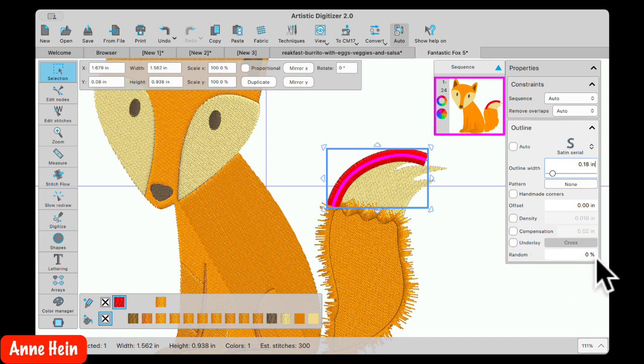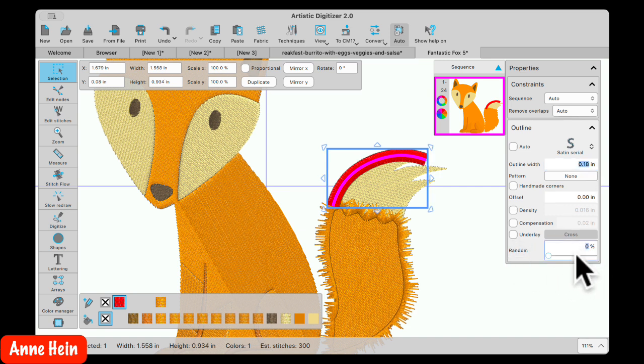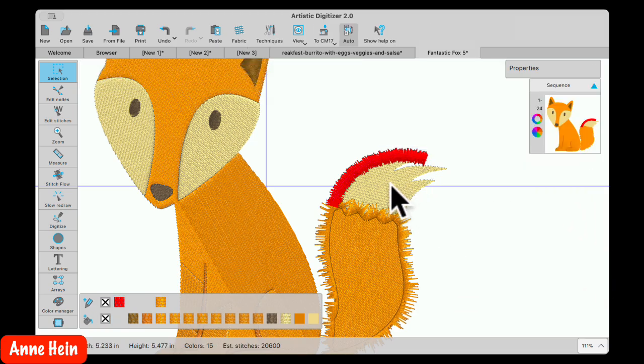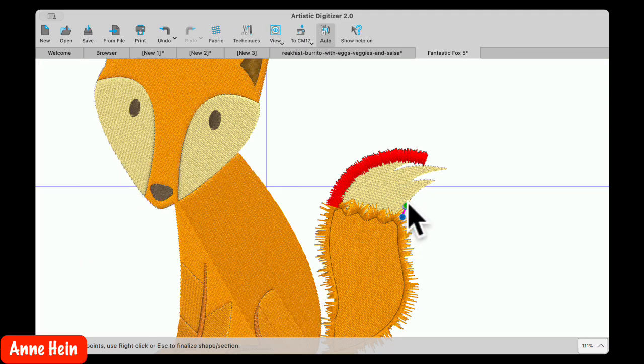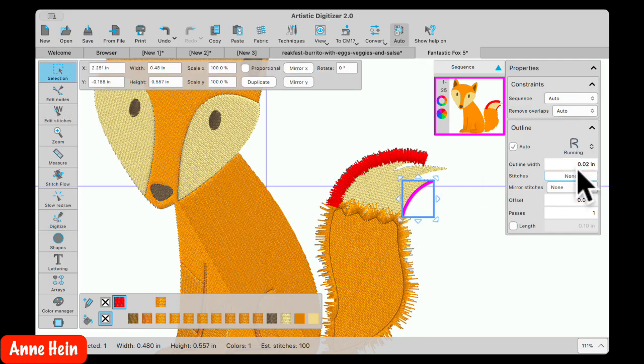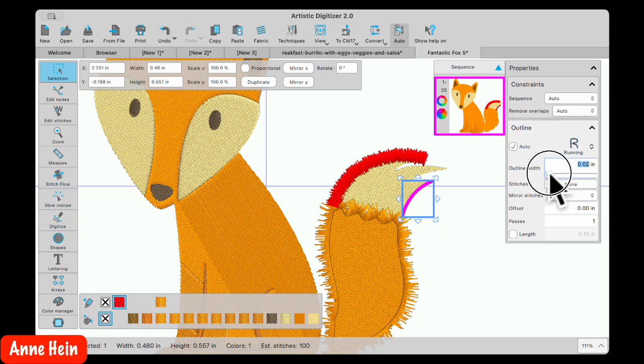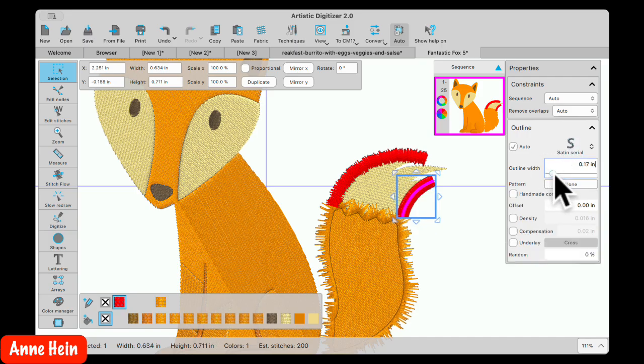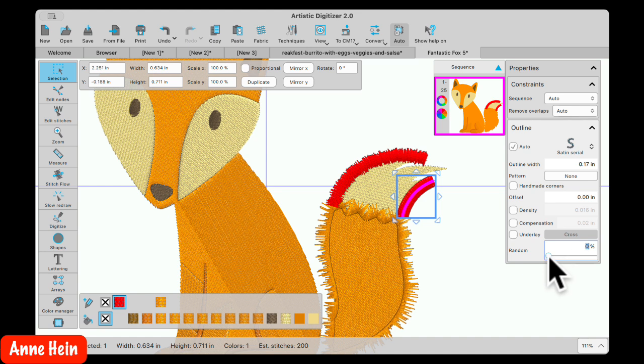And then I'm going to come down here. I see random again. I can pick the random, and then I can move this out a little bit as it makes its randomness. And maybe I want that on both sides, I don't know. And then I can add another line on the other side, like this. And shape. And if I wanted to add one on the next one, let's do this next one here, and we'll move the width up here, maybe not quite as high as the other one. There we go. And then random,